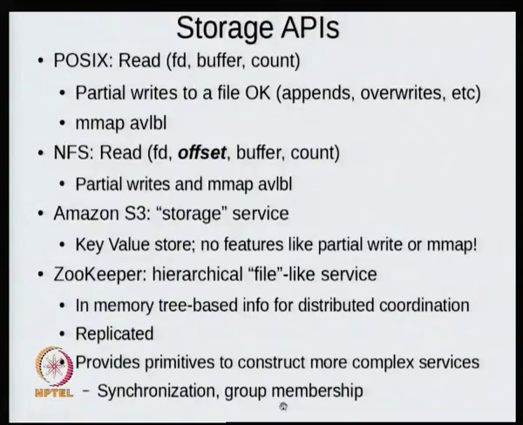Oftentimes when you are trying to make some value the same in all places, for example consistency, you might want to send messages across. When you are sending messages across, it is important that all the messages be received in all the places in the same order. Sometimes it's very important. If there are two sets of messages, one modifying A and one modifying B, and some messages that go to certain clients of A get interspersed with messages for updating B, sometimes it can have very peculiar results.